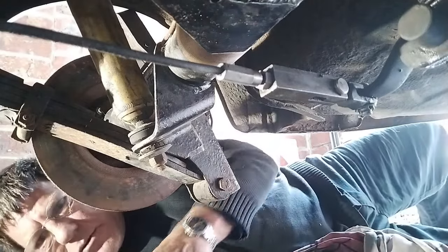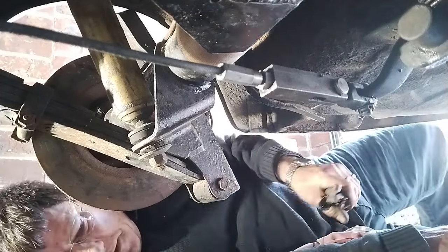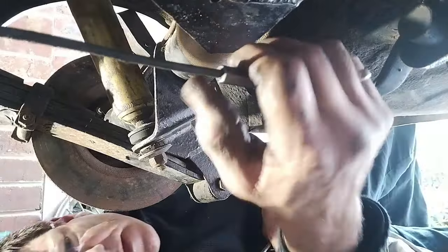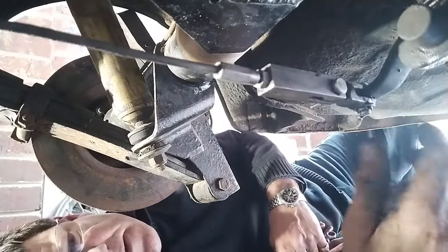Yeah, the awful bit, of course, is cleaning up after all that. So I'll put some dishwashing detergent down on the ground, give the place a bit of a clean up. But you can see the cable's not nearly as slack as it was. Still not great, but